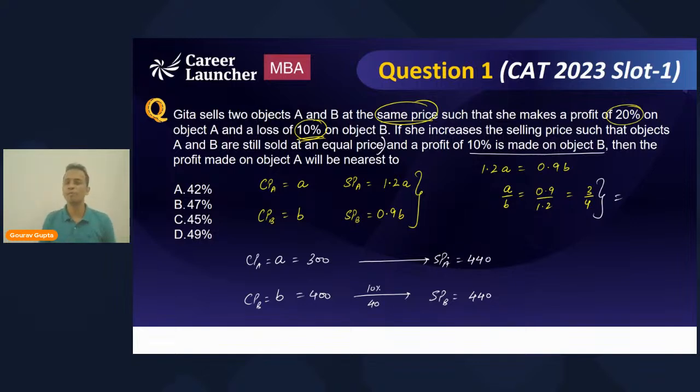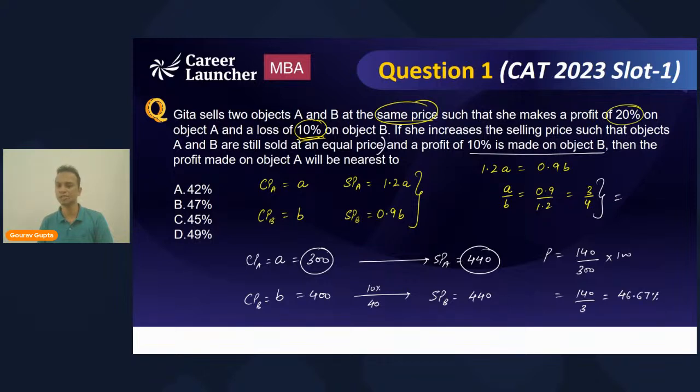And now we'll have to find out what is the profit that she has made on object A. So for object A, the cost price is 300 and the selling price is 440. So the profit percentage will be the profit of 140 rupees over the cost price of 300, multiplied by 100. So the answer will be 140 divided by 3, right? What will 140 divided by 3 be? You can calculate it and post your answer. Okay, so it will be